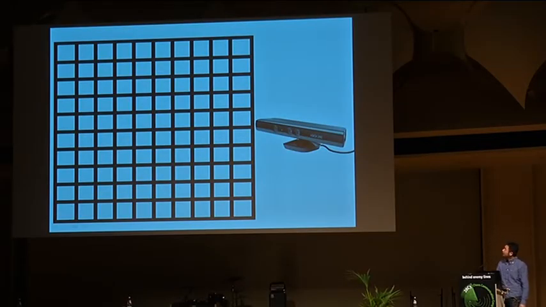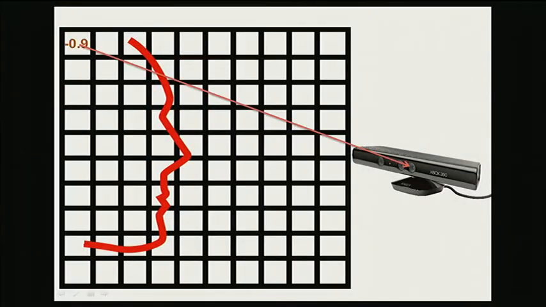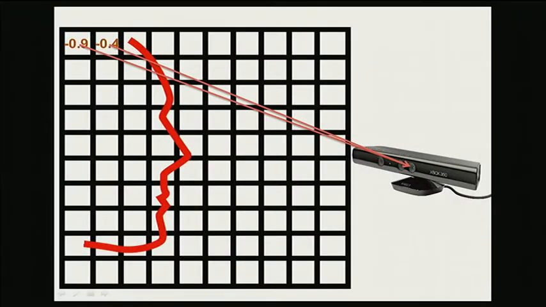So it's a two-dimensional version of the voxel grid. Here we have a depth measurement in the shape of a face. And along the ray from the voxel to the camera, we store the distance of the voxel to the surface along the arrow, as you can see. So this has a negative value because it lies behind the surface. And the next voxel has a smaller number because it lies closer to the surface. And we go on like this. So this voxel has a positive value, and at some point,